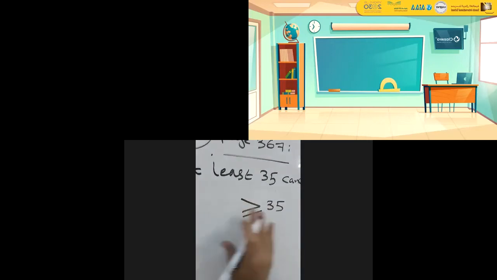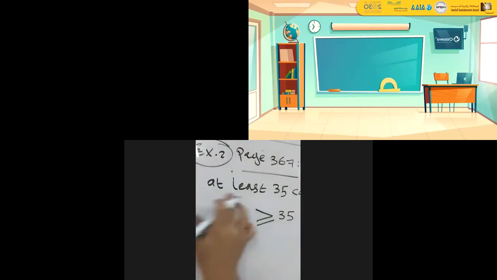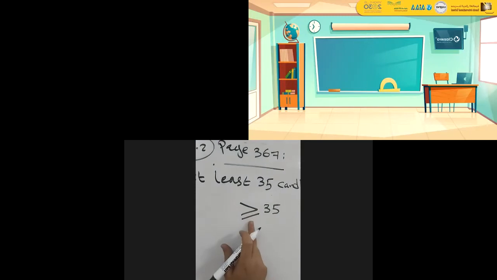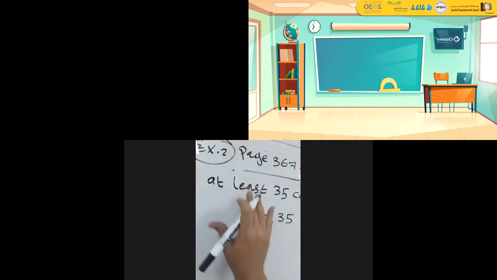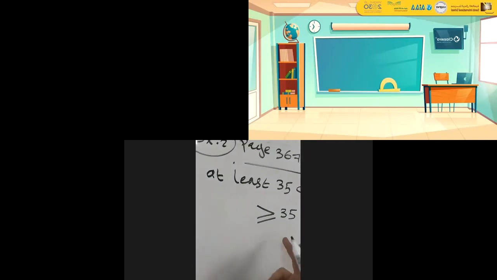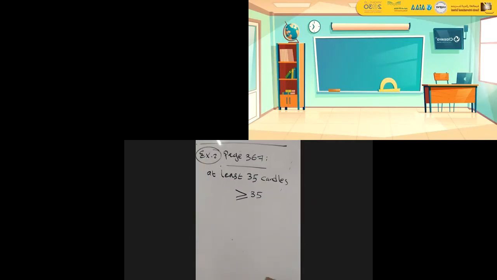Something more than or equal to 35, okay? The words at least tell us the inequality sign, don't forget that. And at most means less than, something less than 35. So Miss Miller needs to make at least 35 candles. Got it? Yes. Then continue. Okay. And she needs 6.5 ounces of wax. Then write